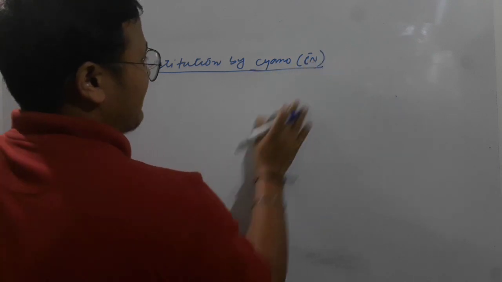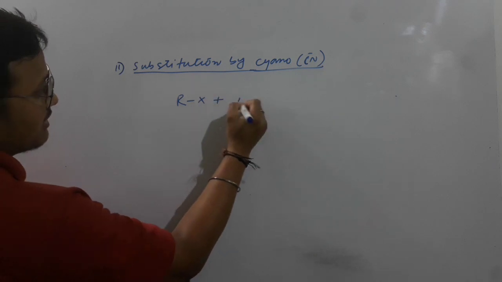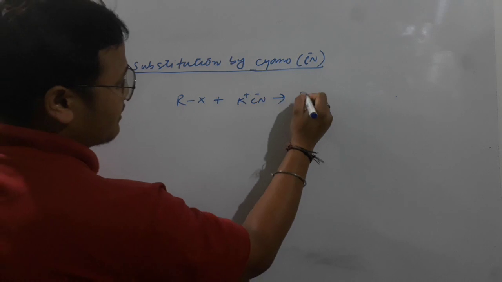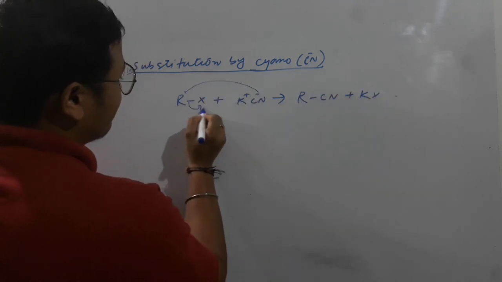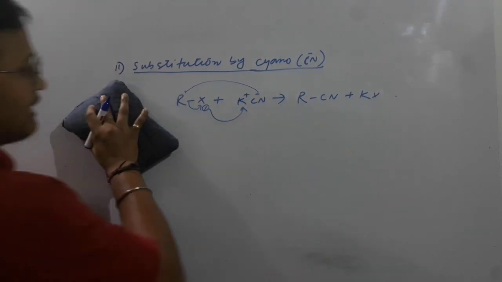Another one, consider we are replacing by the cyano group, CN negative. This is a bidentate ligand, but I just have to draw some examples. If we react with potassium cyanide, this is the base source of the cyano group. So again RCN plus KX. This will come here, go there negative, again positive. So this product will have the cyano group.